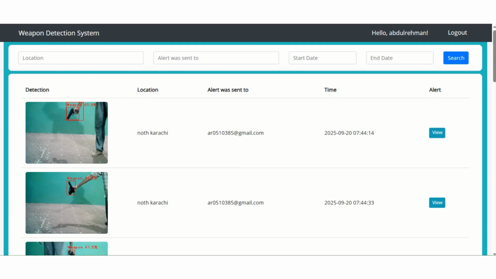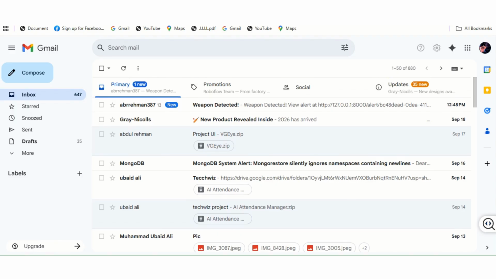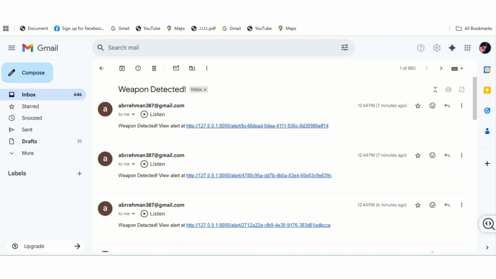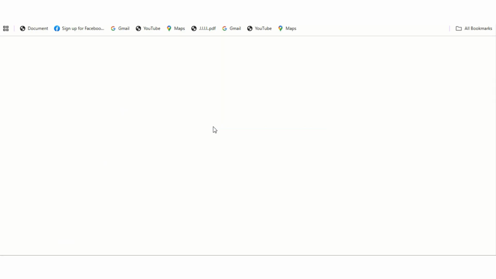Now as we proceed towards the email option, here you can see I have got 13 emails recently, which were sent to the user, the email address I put in the login specifications. So here a person has got a weapon detected view alert along with a link. As soon as he clicks the link,